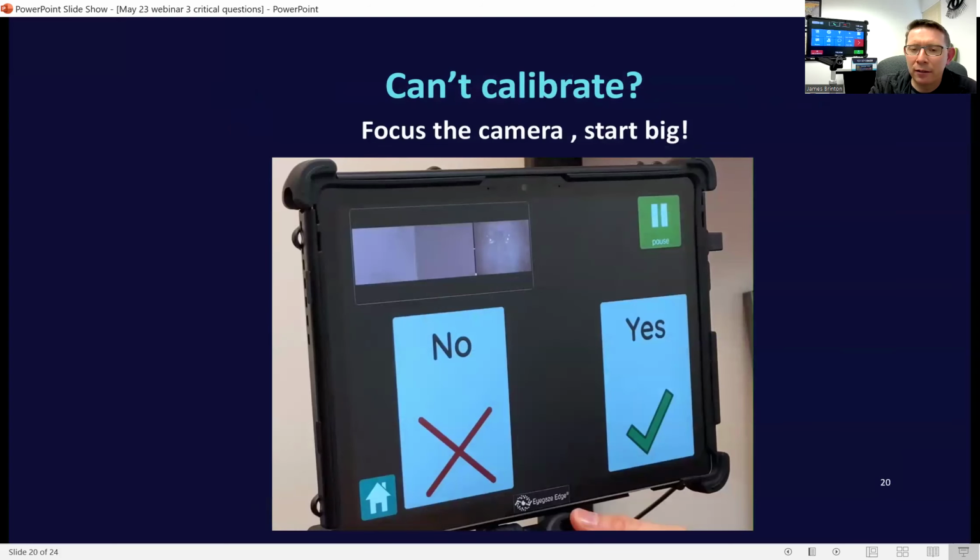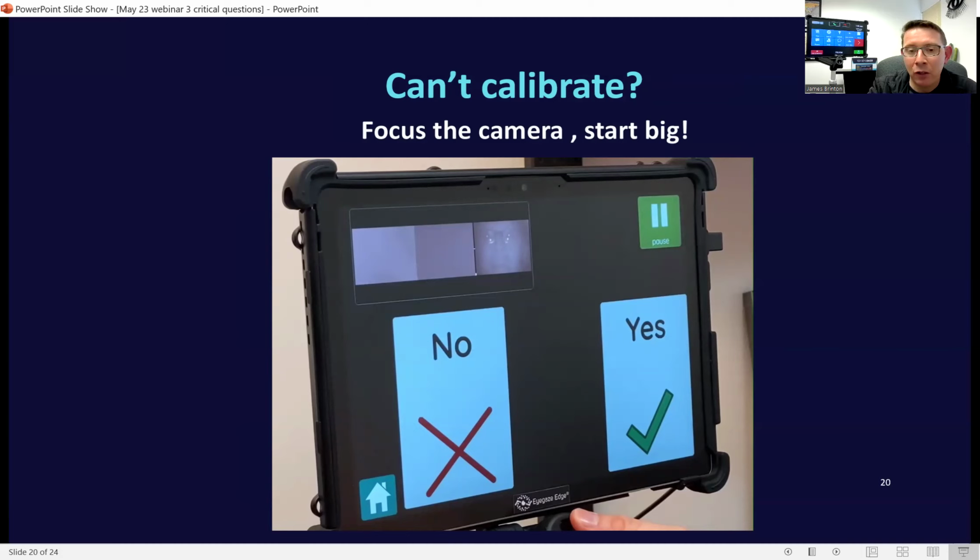What do we do if we can't get somebody calibrated? The unique thing about the Eyegaze Edge is this eye image will take out some of the guessing game about it very quickly because we know where the camera is pointed and we also know when the camera is focused. So even without calibration, we can give the eye tracker a pretty good image of the eye to base just